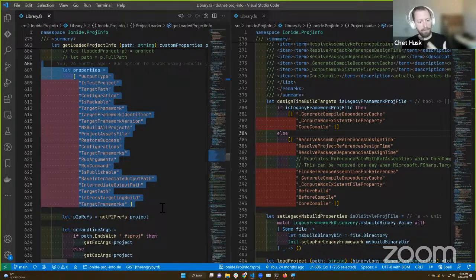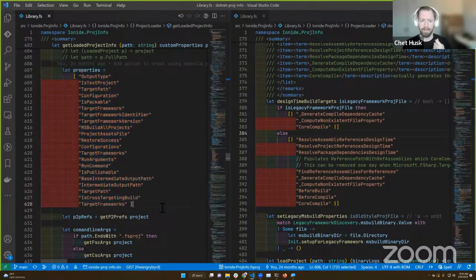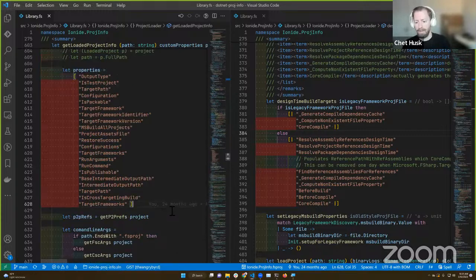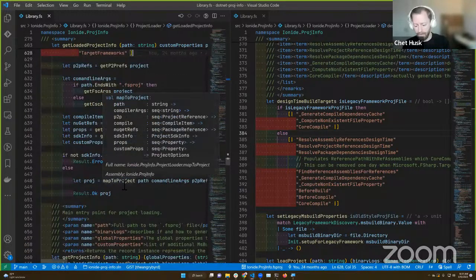But the ones that we really care about are things like, what command line options did you pass to the compiler? What target framework are we building for? Where are the outputs of this project stored? Those properties are useful to enable F5 debugging so that we know what to launch. So that's the role of this entire component, to handle that mapping for us.